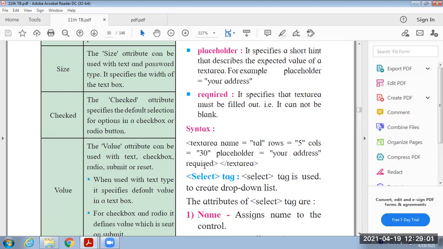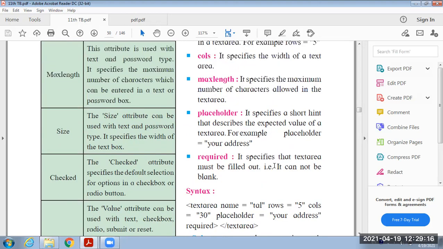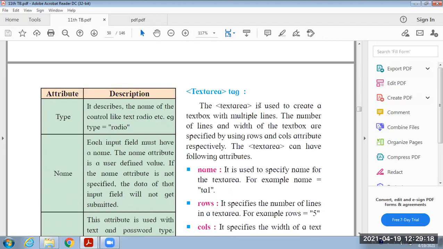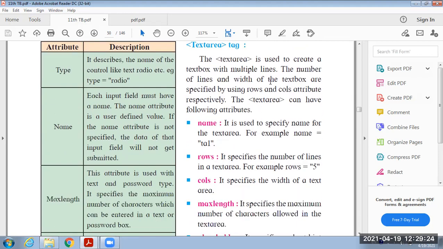And here the attribute provided is required. That means you cannot skip it. Compulsory, you have to fill the information there. And after that, immediately you have to end the textarea. Okay, this textarea is mainly used for providing multi-line text or multi-line data. It is used mainly for providing the comment, feedback, or address.